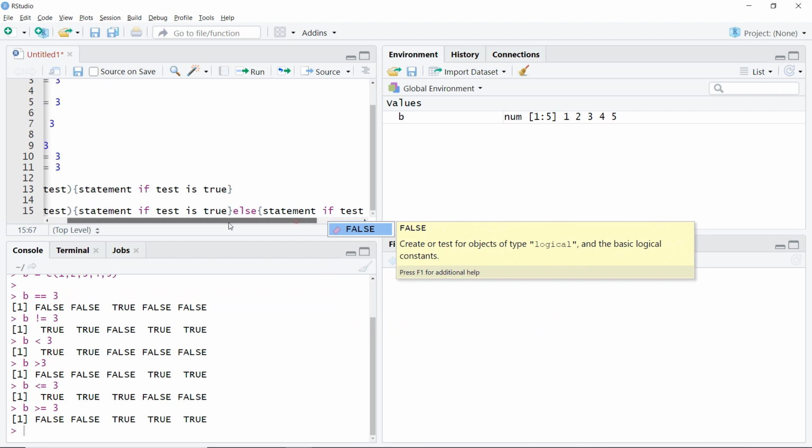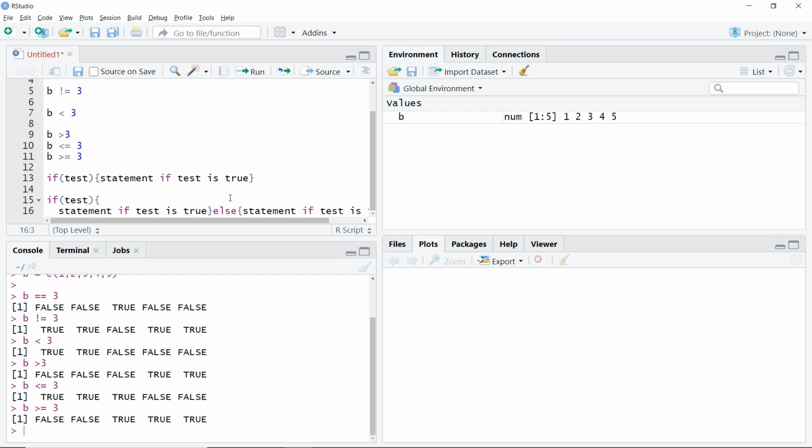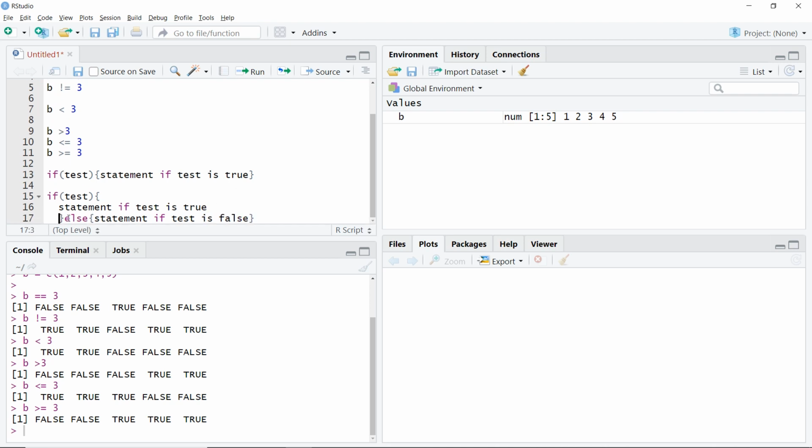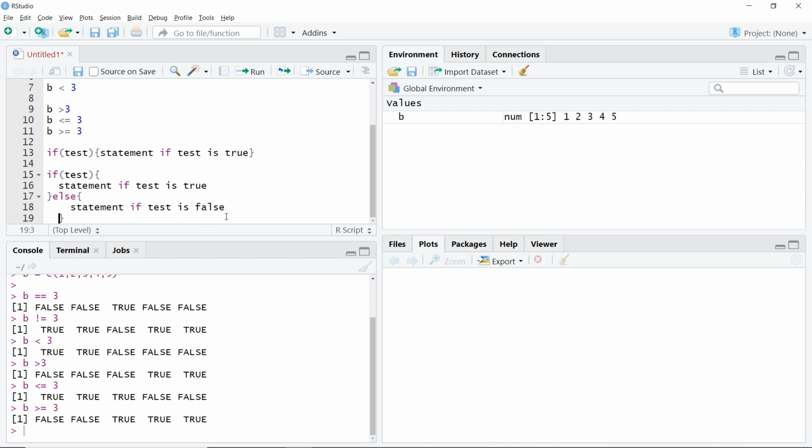Usually, how do we write this statement? As soon as you write your if statement, you should open your curly bracket. And usually what we do is we write them in different lines. So as soon as you complete your if bracket, you should write your else and start your else bracket. This is how our statement for if else will look. This is how we design it.